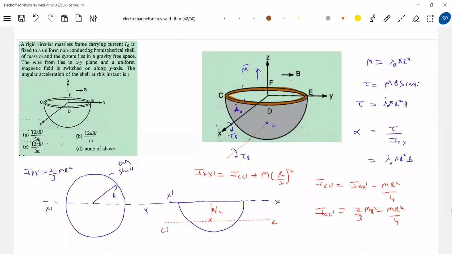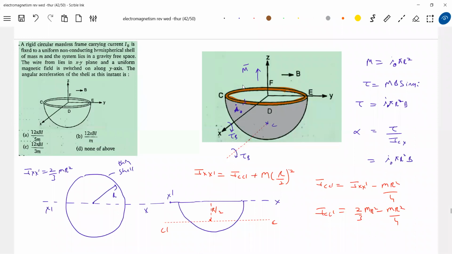Actually, it's in gravity-free space. First of all, if a body is set free to rotate, it will rotate about what point? Sir, but torque should act along the x-axis. It should pass through the center of the ring. No, we are setting up a torque. If a body is set free to rotate, it will rotate about the center of mass. So this torque is acting parallel to the axis passing through the center of mass. Therefore, the overall effect will be such that it will not rotate about the x-axis. It should rotate about an axis passing through the center of mass.